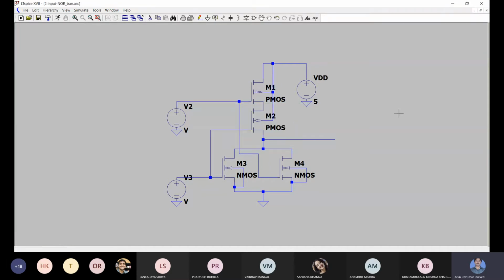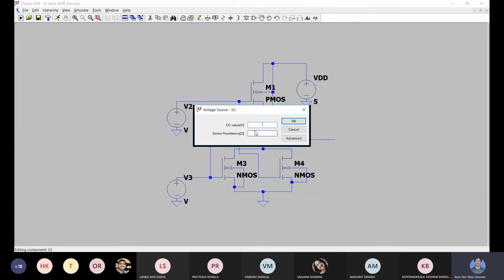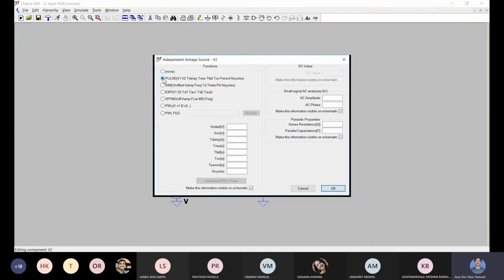VDD is the maximum supply voltage of the circuit, and both of these voltage sources we need to modify because they are pulses and not DC voltage sources. So we will right click. By default it is asking for a DC value, but we will go to advanced. In advanced settings we choose pulse. Then it asks for the initial value 0 and the final value 5, defining the amplitude. The pulse is switching between 0 and 5 volt, and delay 1 microsecond, rise time